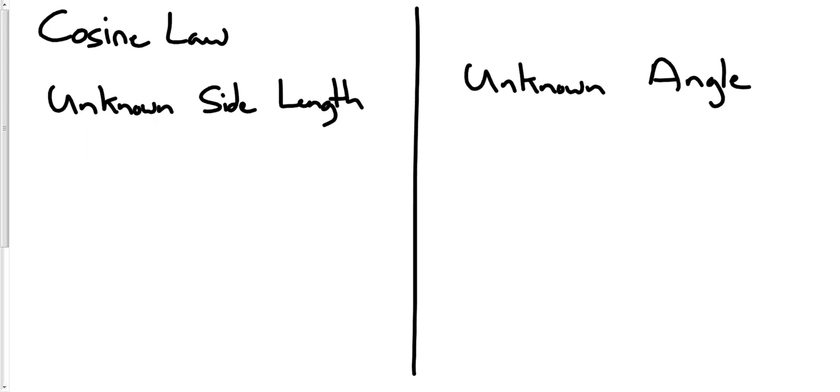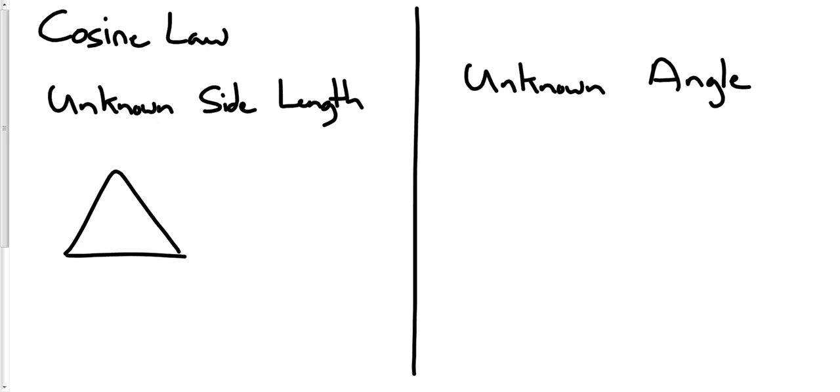The next thing that we'll look at after sine law is cosine law. And again, we can use cosine law to solve for unknown side lengths as well as for unknown angles. But we need to understand the conditions under which we can use the cosine law to do that. So if you have an acute triangle that is not a right angle, like we have here, to